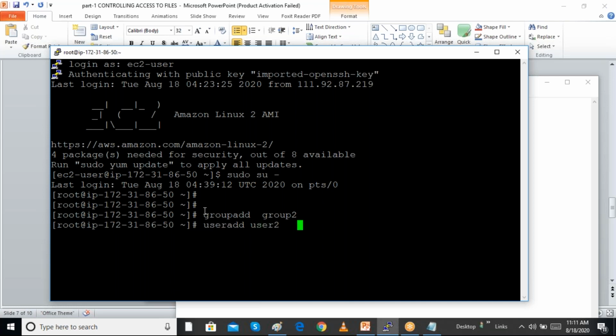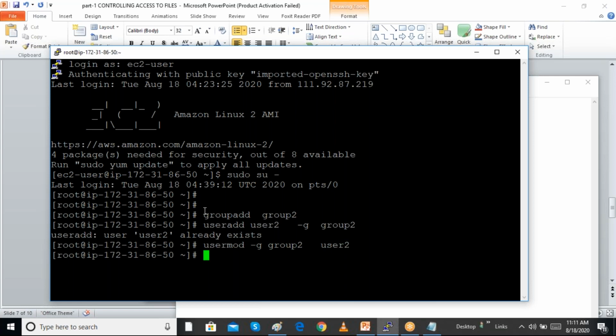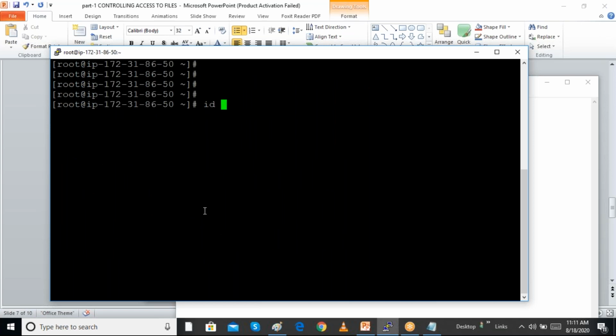I can modify this with usermod -g group 2 user 2, making user 2 a member of this group. Now I can check the information with the id command for user 2.